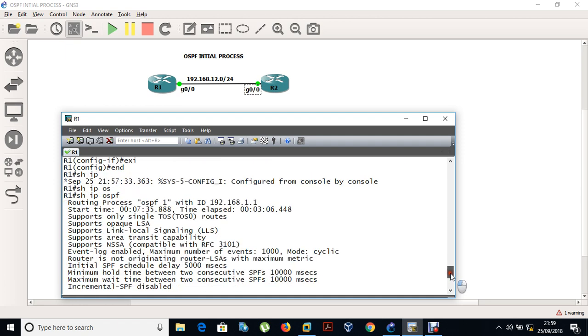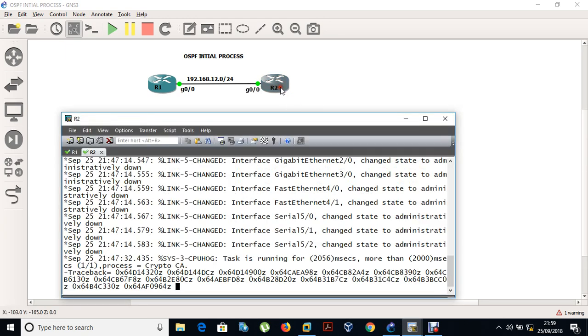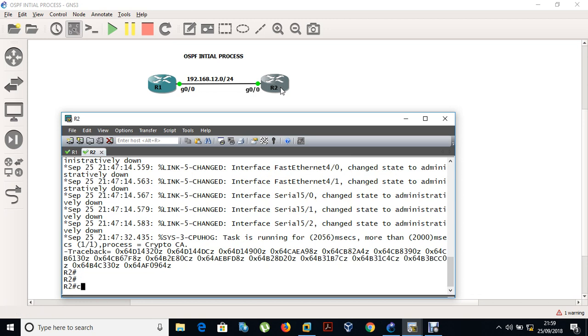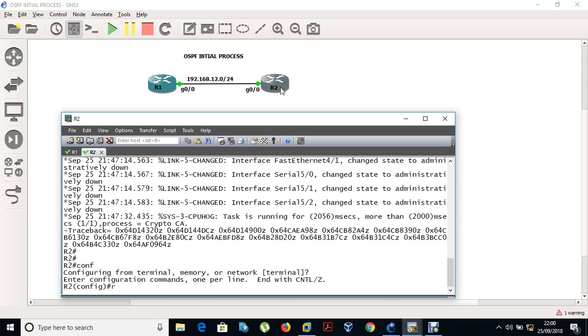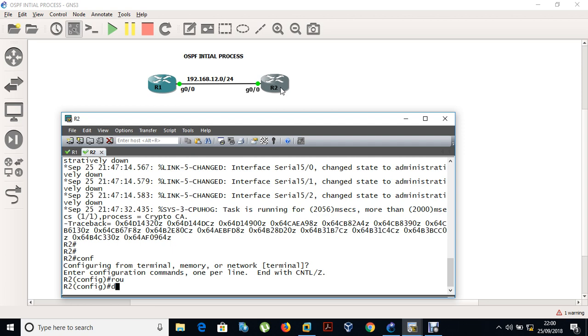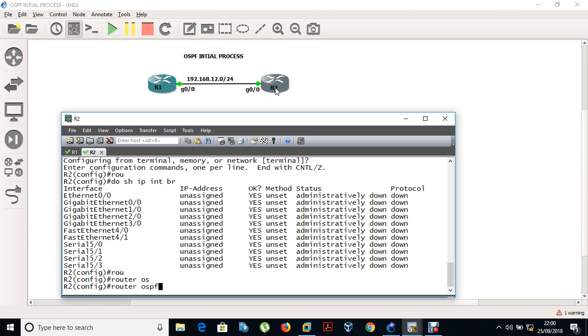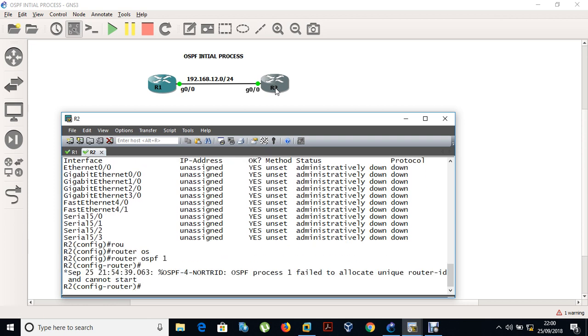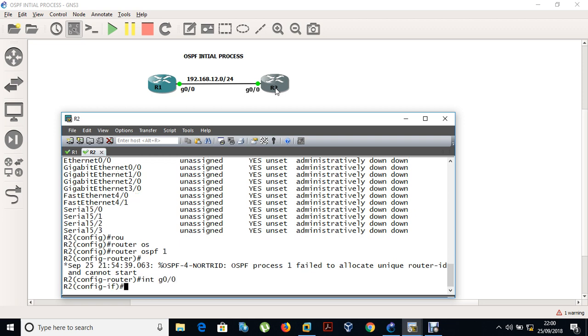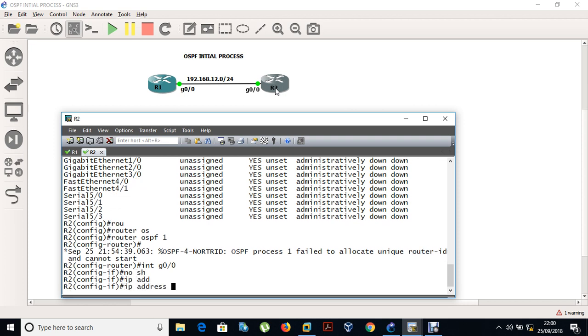You understood? And also let me go to R2, and same. If I go to router without okay, we show IP interface, but if we have nothing here as well, so if I go to router ospf 1, now it will complain again. But if I issue this command, interface GigabitEthernet 0/0, and I say no shutdown, and I assign an IP address which is